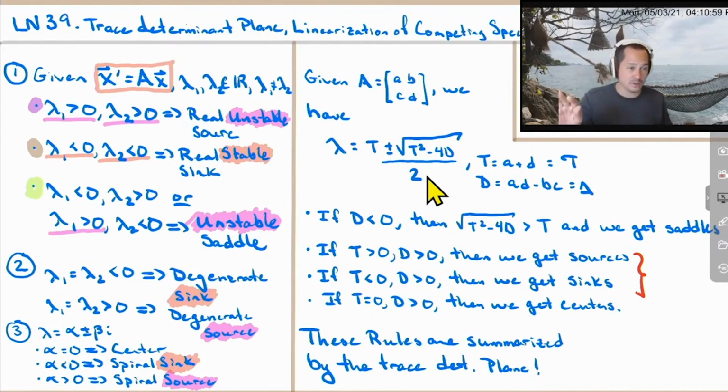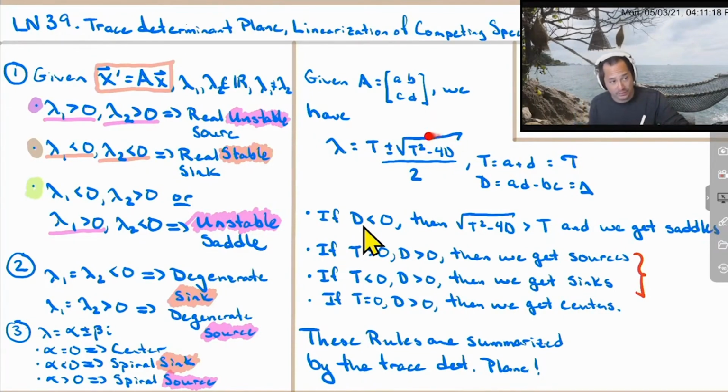Eigenvalues lead to pictures. Eigenvalues can be expressed as trace and determinant. That means trace and determinant should be related to the pictures as well. And this is how the relations are made. First, if the determinant is less than 0,